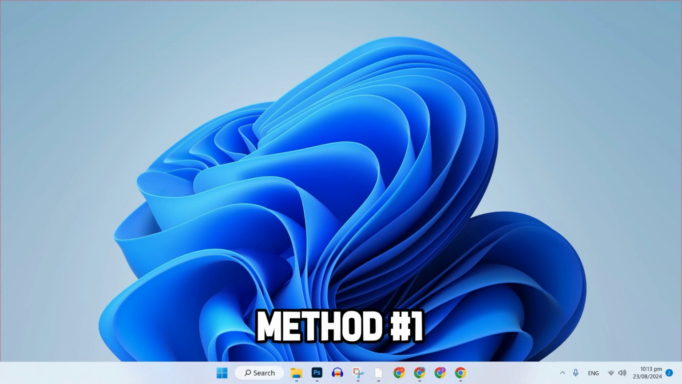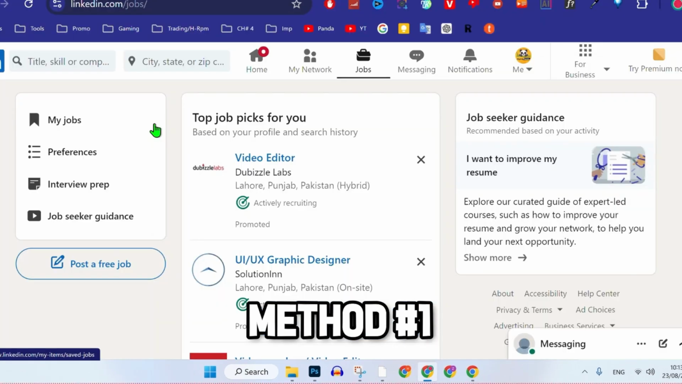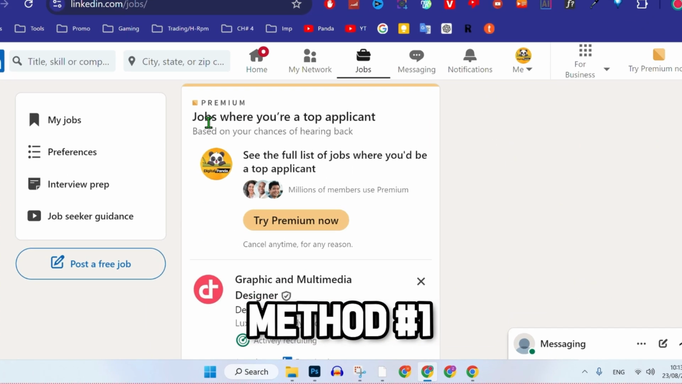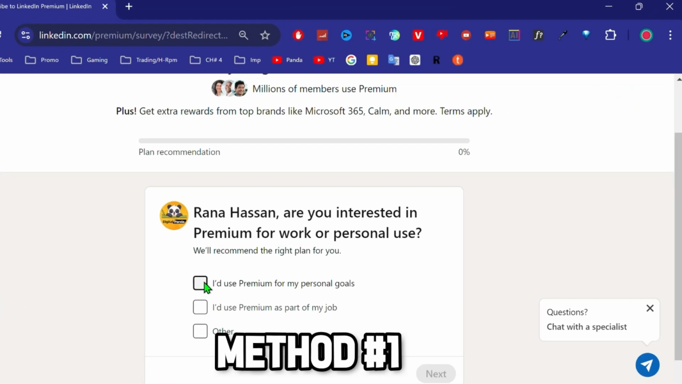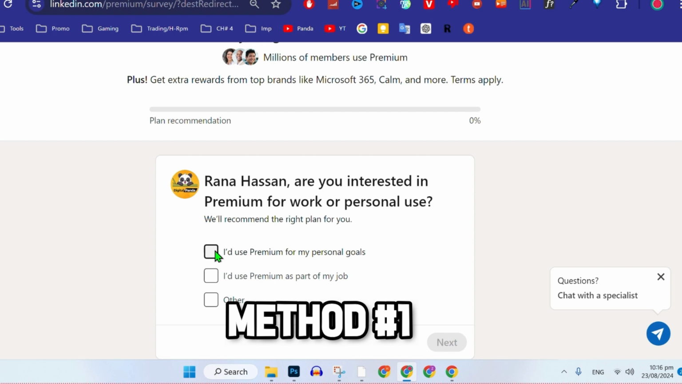For the first step, from your desktop, you can open the LinkedIn app. After opening it, if you scroll a bit more, you will find these types of ads, jobs where you are a top applicant. It will show you "Try Premium now". You can simply click on that, or you can click on the "Try Premium now" on the upper right side. Click on that and it will take you to this page